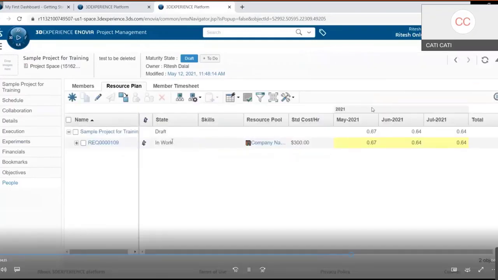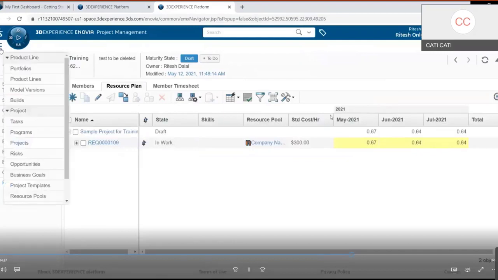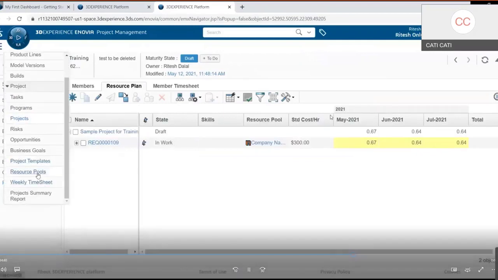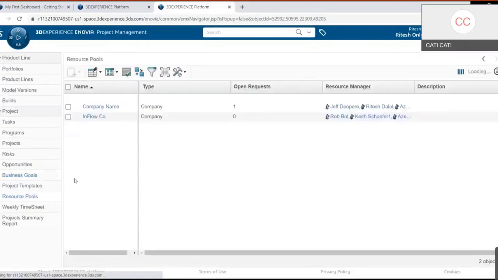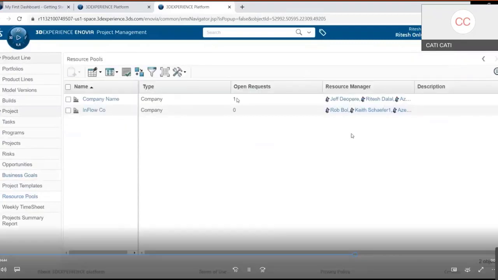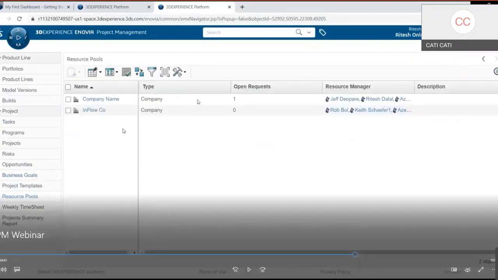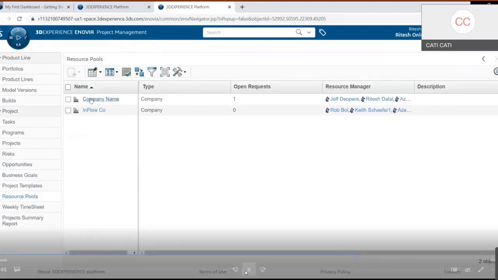So the owner of the project can now go into that by clicking on resource pools here on the left. I'm the owner of the project, and you can see it's going so fast here. So click on company name here because it's saying, hey, company name has an open request that you need to approve. You can see the 1. So I'm going to click on company name here. It's going to open up